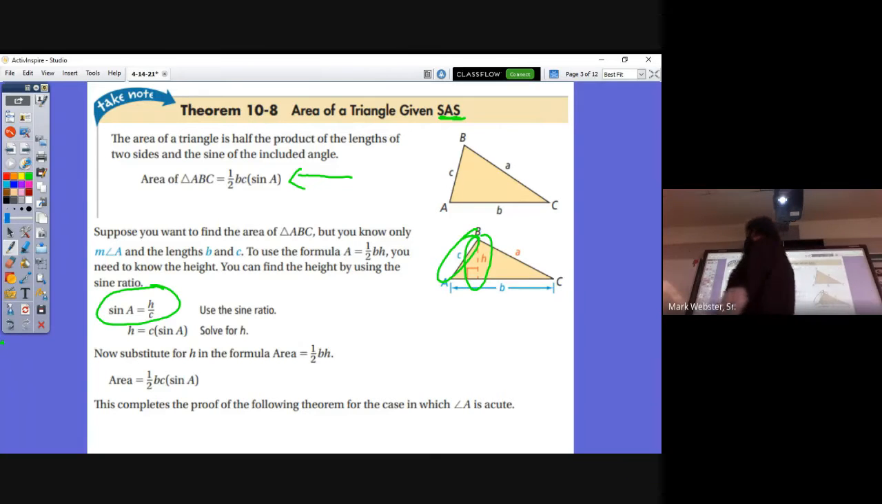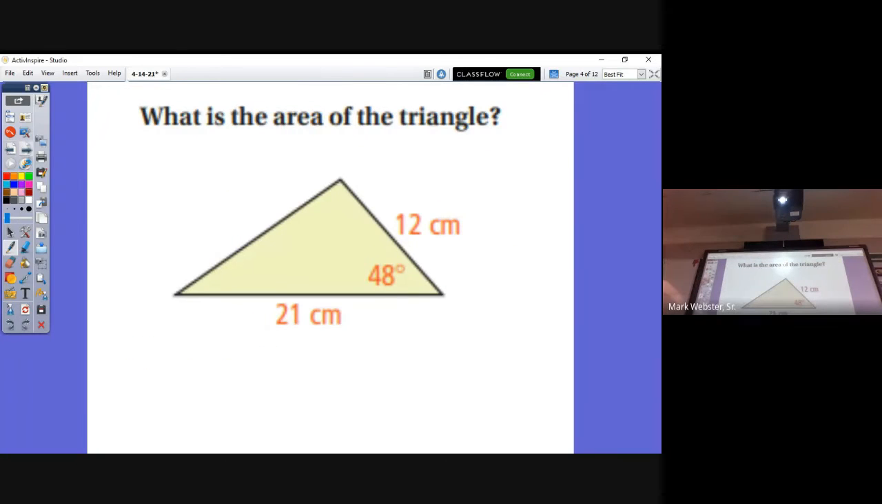So let's do a couple of practice problems with these triangles, and then we'll dive into how to actually easily find the area of a regular polygon using this trig stuff. Okay, so here's our first one. Remember, all we're going to do